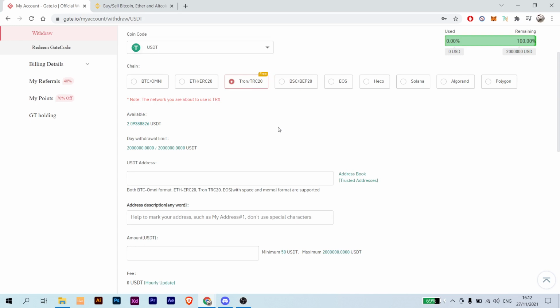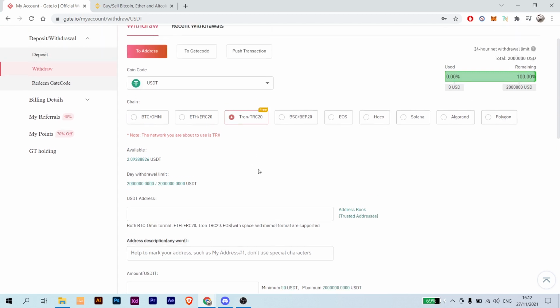So obviously we'll be using this network here to do a transaction and transfer our funds. But you also need to make sure that this network is available on Binance and selected on the other platform, because you need to select the same network on both platforms. So now that we've selected this one, let's head to Binance,